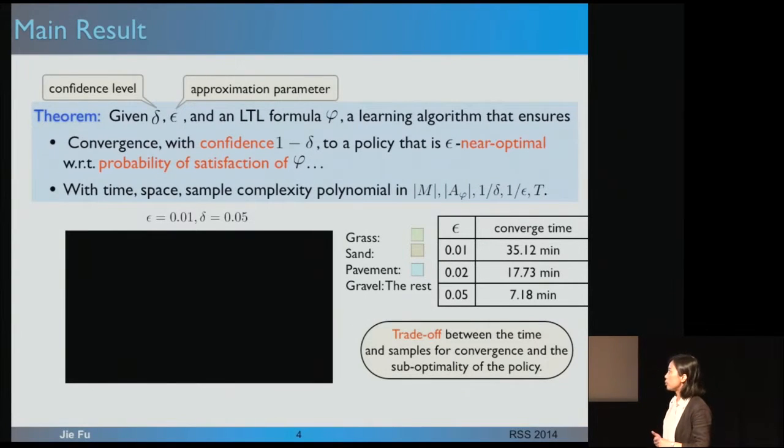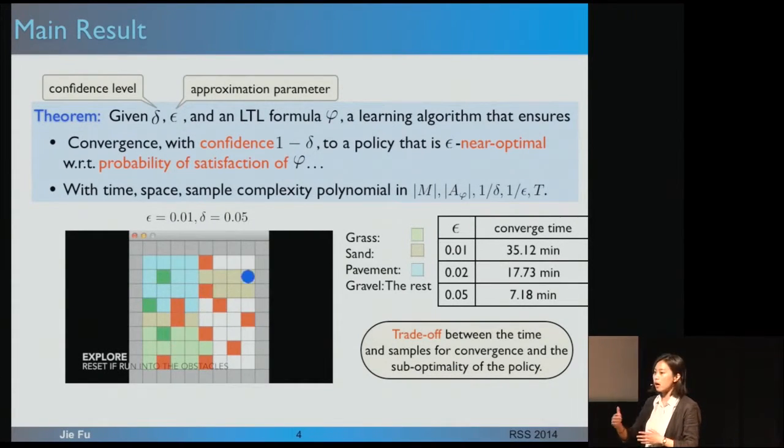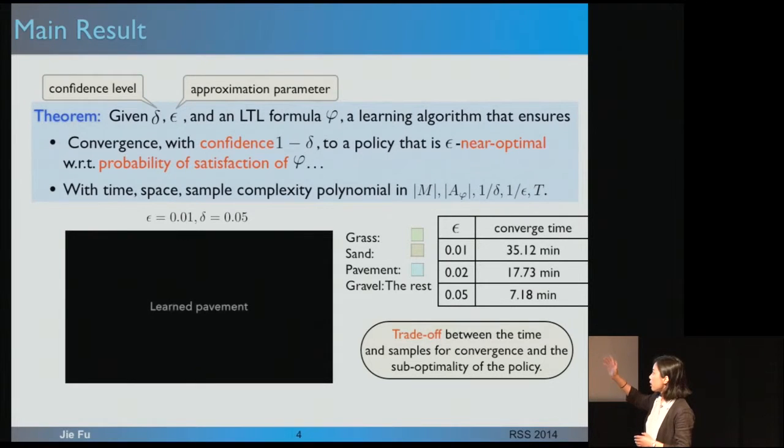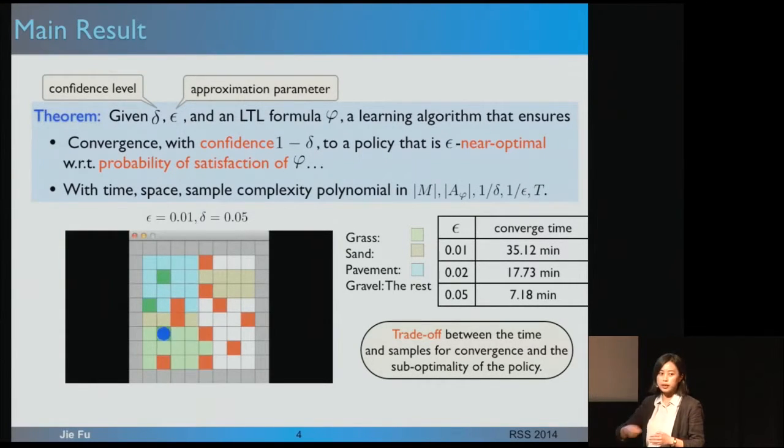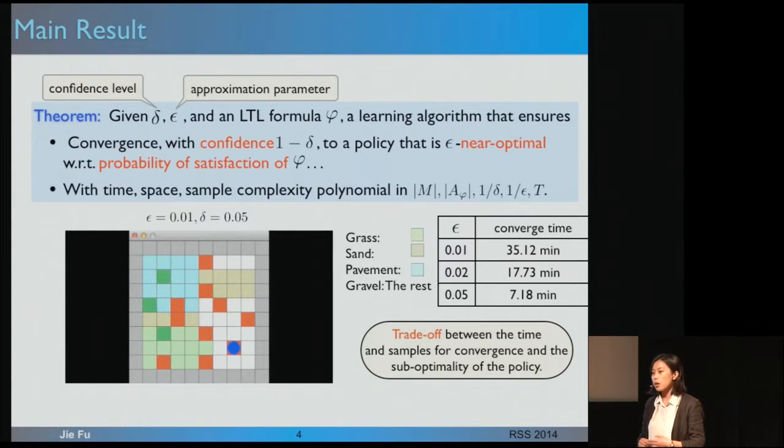So we apply this algorithm to this previous simple example with epsilon equal to 0.01 and confidence level 95%. In that example, the robot has uncertain movement in all 4 different directions. And the region is partitioned into different terrains, including grass, sand, pavement, and gravel. The transition probabilities in all 4 different terrains are different for this robot movement. So the robot starts by randomly exploring, and once it learns some terrain, it is more biased towards the unknown regions and tries to explore more and increase its knowledge about the underlying MDP. And once the robot explores other regions, with epsilon equal to 0.01, we actually converge to the optimal policy